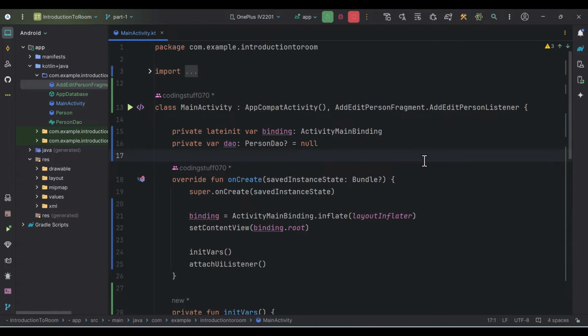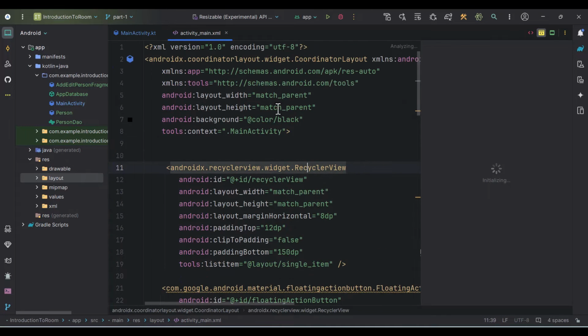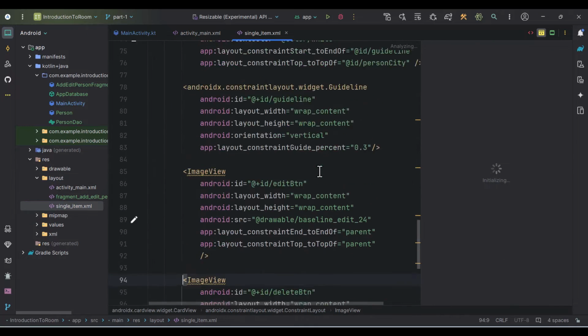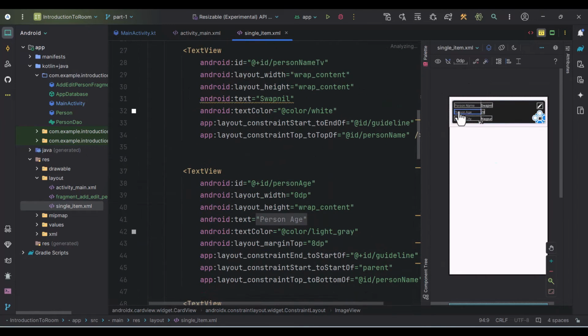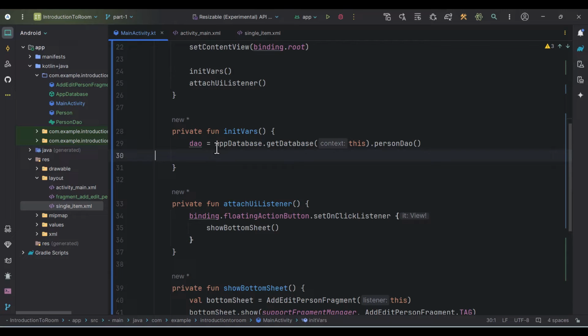Cool. So in order to get the data, we'll use this DAO again, but before that, let's just have a look at the activity main binding or activity main layout. So here we have one recycler view, and if you look at the layouts, we have another single item, which is each item layout. In this we have these details, again name, age and city. We have this edit option and we have this delete option button. So first of all we'll set some properties to our recycler view inside the init block. So binding dot